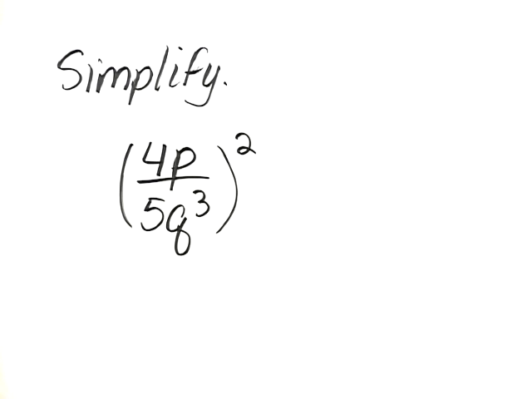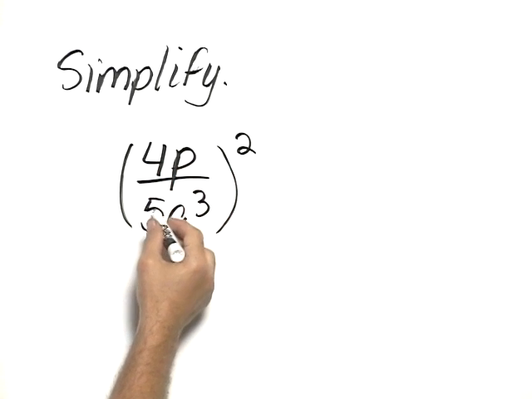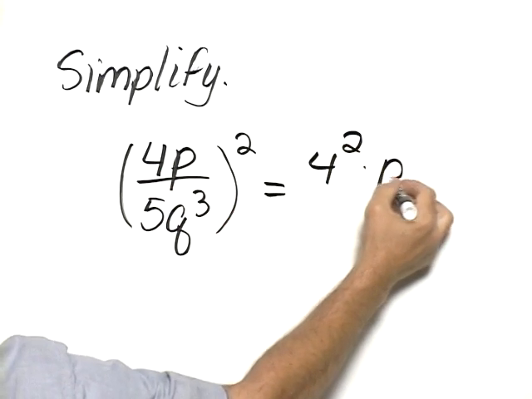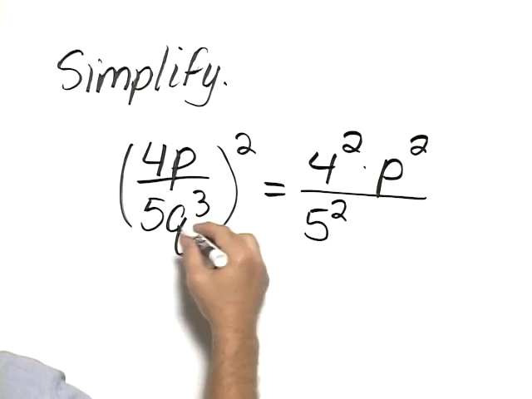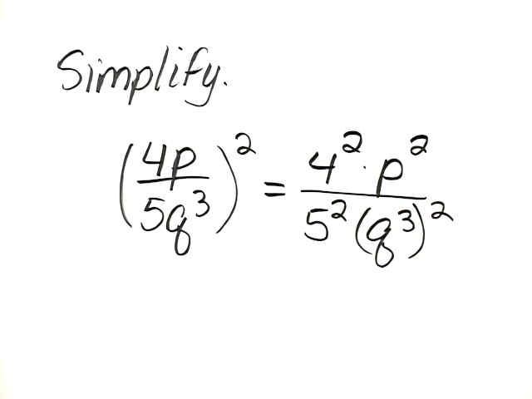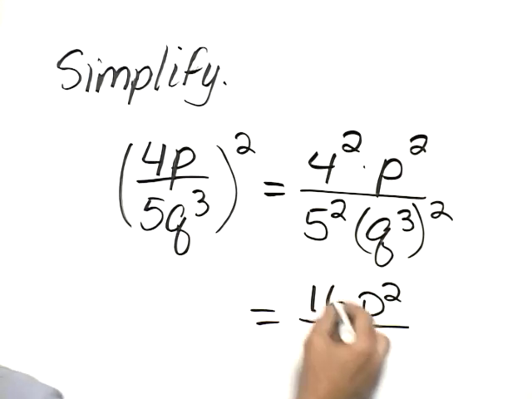Simplify. The quantity 4p divided by 5q cubed, all squared. In this case, this exponent needs to go on each factor of the numerator as well as each factor of the denominator. So this is equal to 4 squared times p squared divided by 5 squared and q cubed squared. That's going to be equal to 4 squared is 16, p squared is just p squared, divided by 5 squared